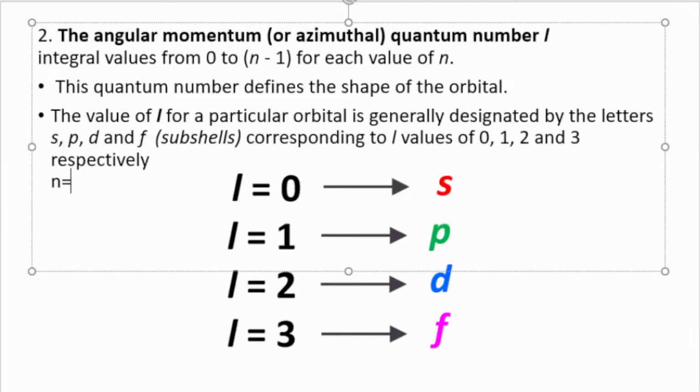If n is equal to 1, azimuthal quantum number L is equal to